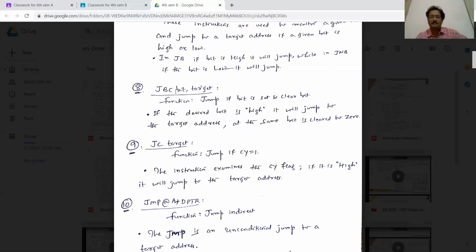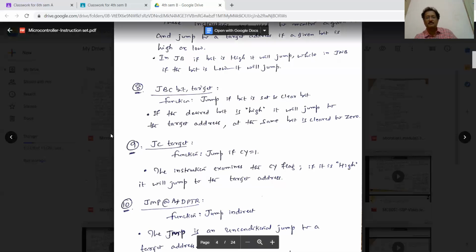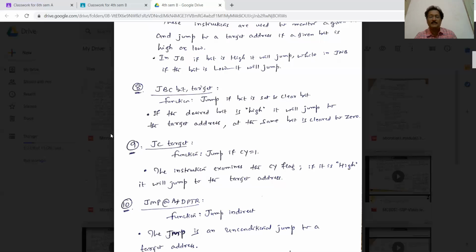But after transferring control to the target, before going to the next instruction, it will clear the bit. If you want that type of activity from your program, you can use it. You're free to use JB or JBC, but it should be in accordance with your objective.